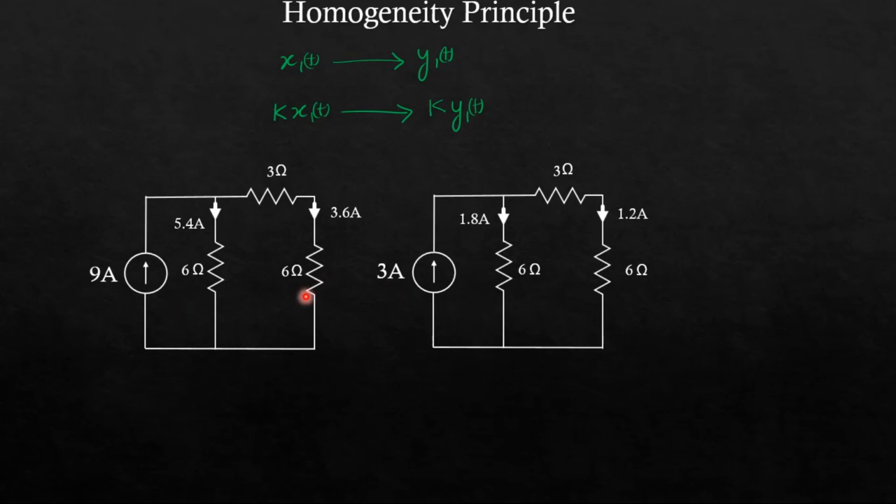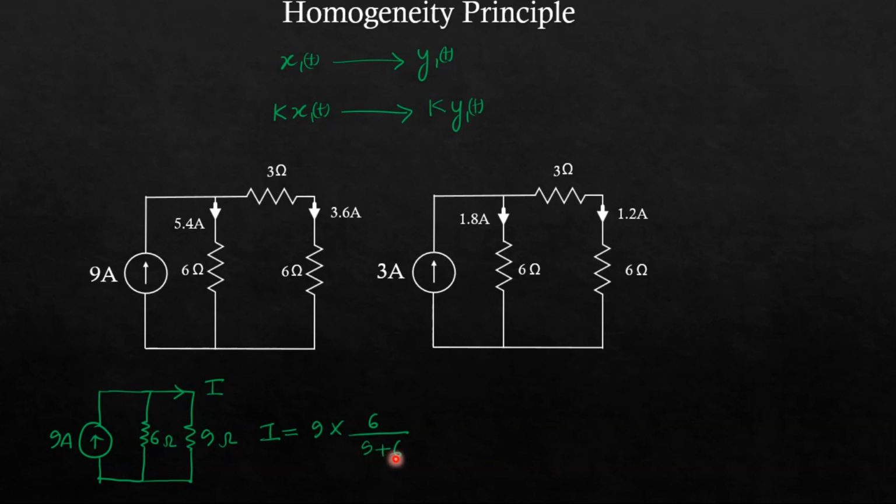Like if you see in this example, this is a 9 ampere current source. This is my resistance 6 ohm, and they are in series, that is 6 plus 3 is equal to 9 ohm. Okay. Now if you want to calculate the current in this branch, then the current I will be the total current, that is 9 ampere, 9 into 6 upon 9 plus 6, so we will take the other branch resistance 6 ohm at the numerator. Okay. So that current will come out to be 9 into 6 upon 15. That will come out to be 3.6 ampere. Okay. So this is how we have derived the current. That is this is 3.6 ampere, and the remaining 9 minus 3.6, that is 5.4 ampere, will flow through this branch.